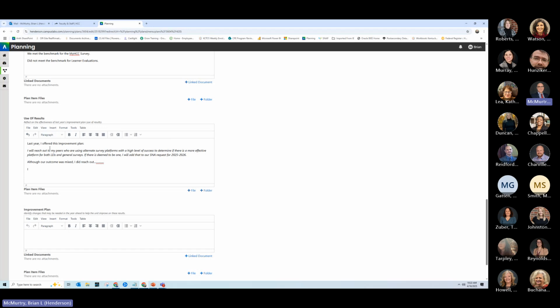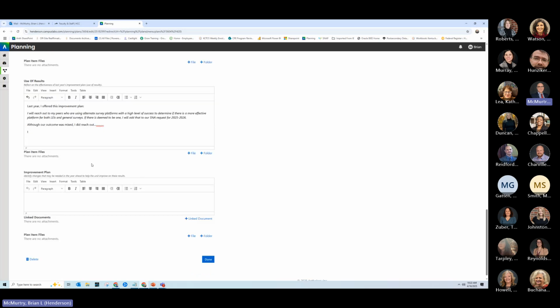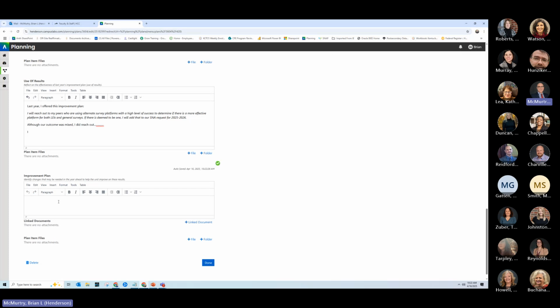So, reflecting on that last year improvement plan, that's what we're going to have to do. Just go back, assess it, determine whether or not it was effective. And then based on the user results, we want to make an improvement plan for the next year. So we're identifying changes that may be needed in the year ahead to help improve on the results for this year. So my improvement plan might be that, if it's approved for the budget, my improvement plan might be to implement the new survey system. So that's essentially